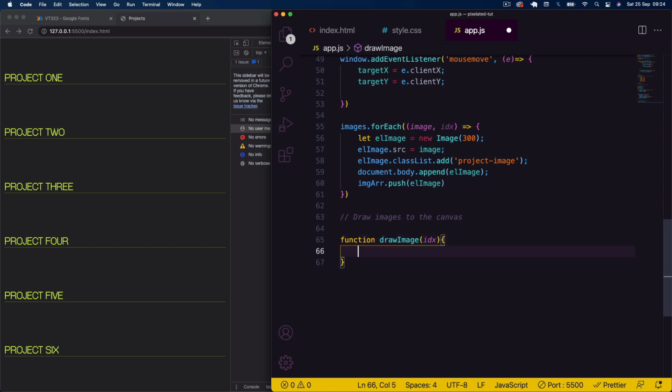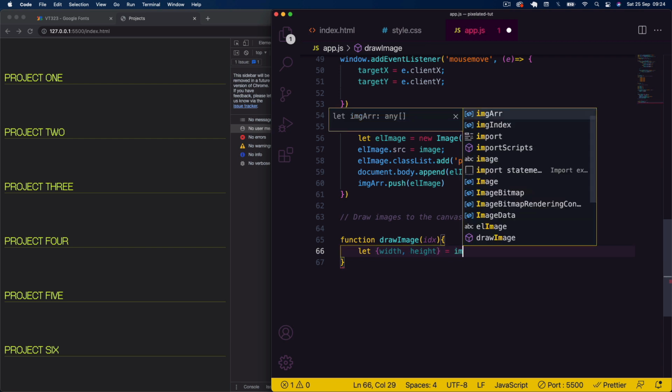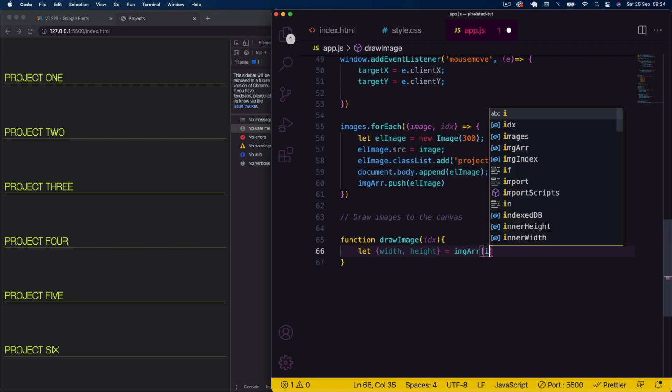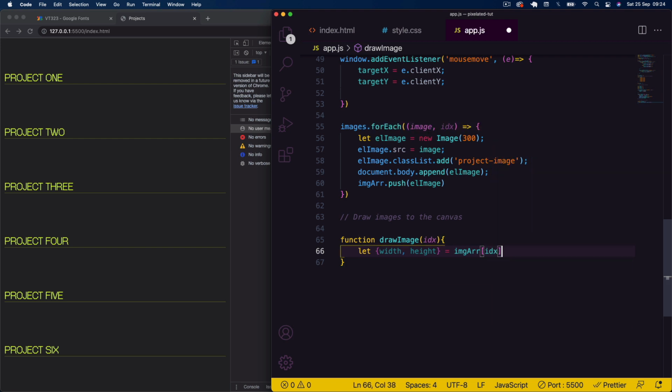So we'll do that. And then the first thing we'll do here is get the width and height of the image, just so we know how big we need to make our canvas. So it'll adjust the canvas size depending on the size of the image. To do that, we'll just say let, we're going to use destructuring here. We'll say width and height, and that's going to equal imageArray. We'll take in that index that we passed in here, like so, imageArray[index]. Then we can say .getBoundingClientRect(),